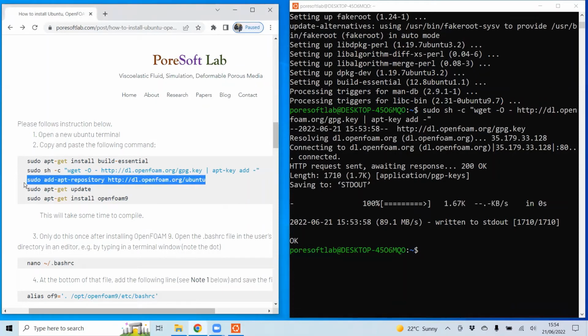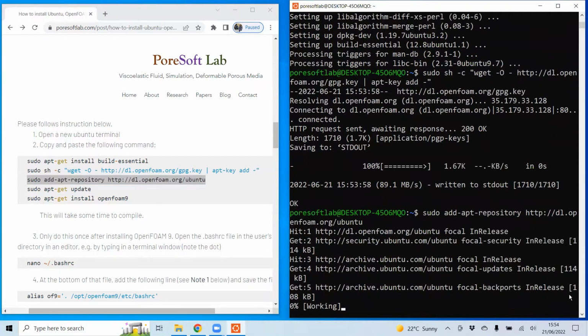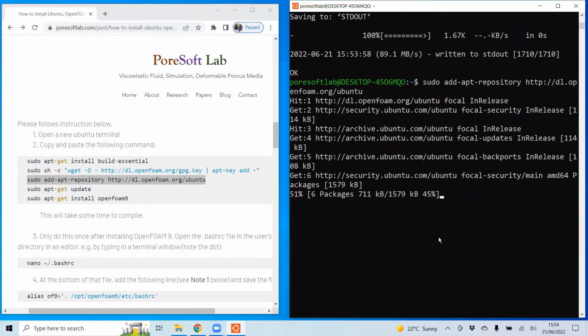Control C, and then come here again, and then enter. It will start compiling. It will basically run the files. I will come back once this is done.